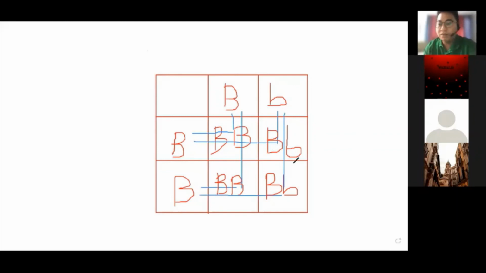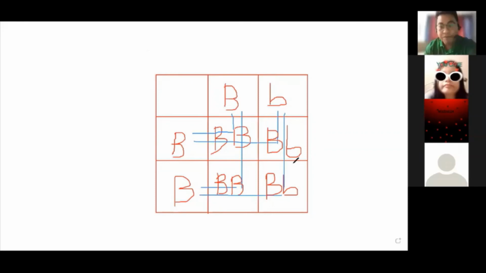Example, parehong wala. So therefore, what will be our phenotype? It will be, ano? 100% ano?